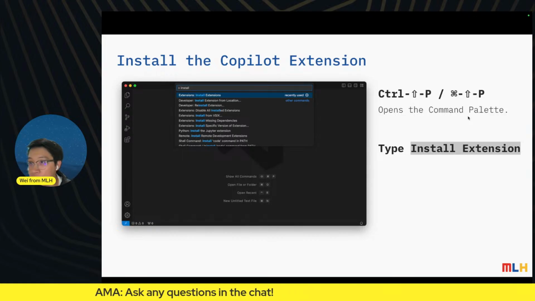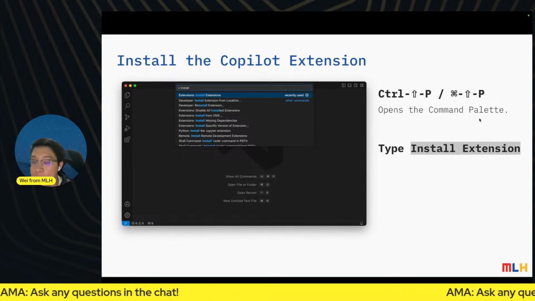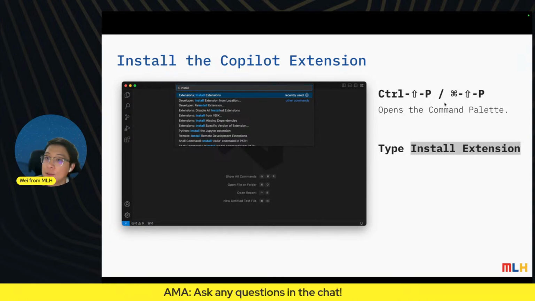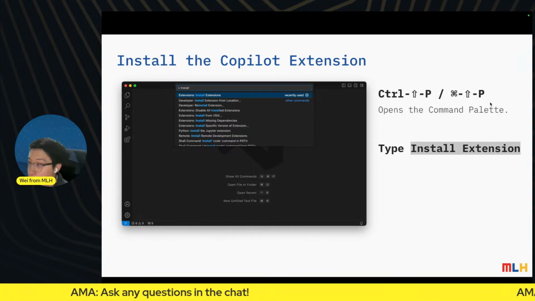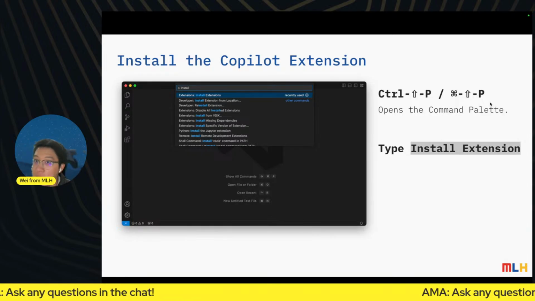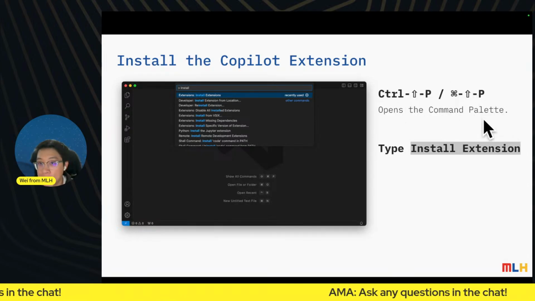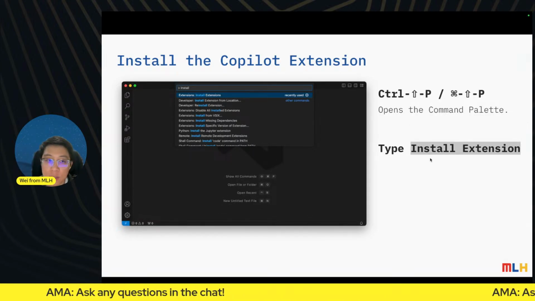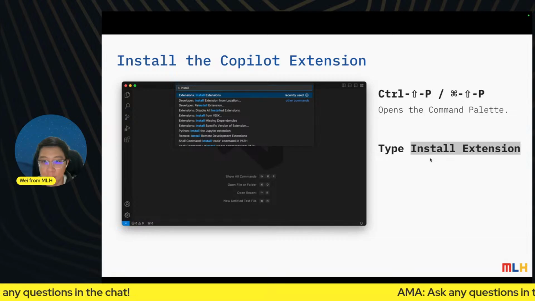This is actually my favorite command in VS Code. That is Control-Shift-P on Windows and Command-Shift-P on macOS. So please remember that. You will be quizzed on this. This opens up a command palette, so all the features that you can think of that are available in VS Code will be available here. You can just type in whatever you want and it will take you right there.